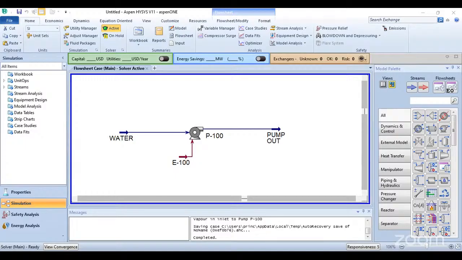Let's take another example. Compressors, we are going to look at compressors. Compressors are equipment used to move and increase the pressure of a gas stream. According to